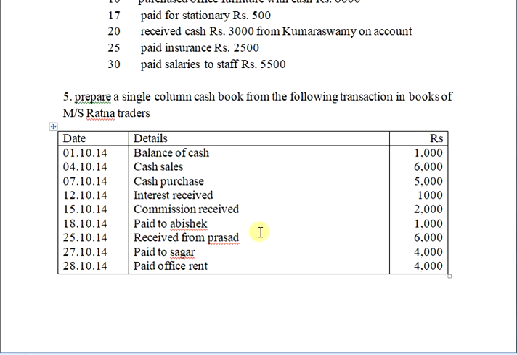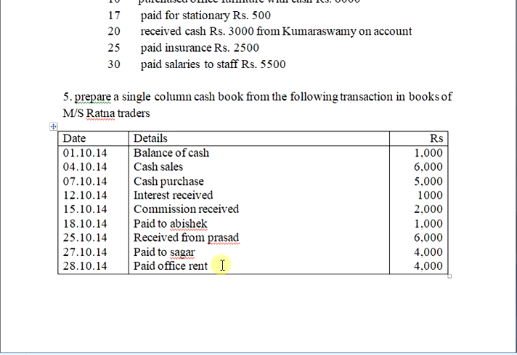25/10/2014, received from Prasad rupees 6,000. When we receive the cash, it increases our cash balance. It should be taken under which side? Under the debit side. 27/10/2014, paid to Sagar. When we are paying, it is a payment. It reduces cash balance. It should be shown under the credit side. 28/10/2014, paid office rent. When we pay the office rent, our cash balance reduces, so it should be taken under which side? Under the credit side. So my dear students, till now we have completed the entire problems of the single column